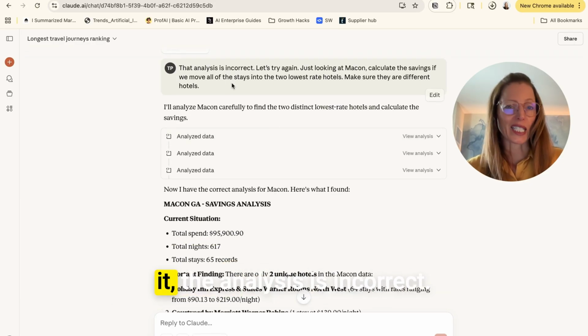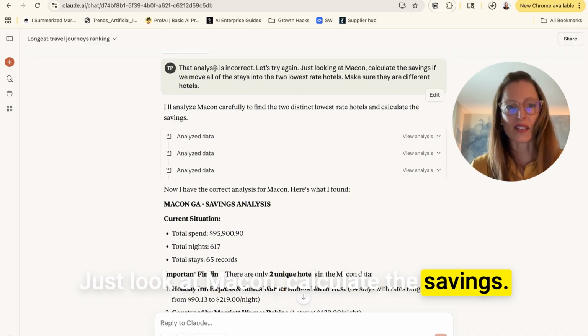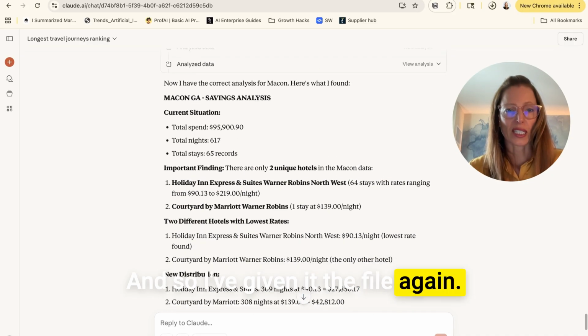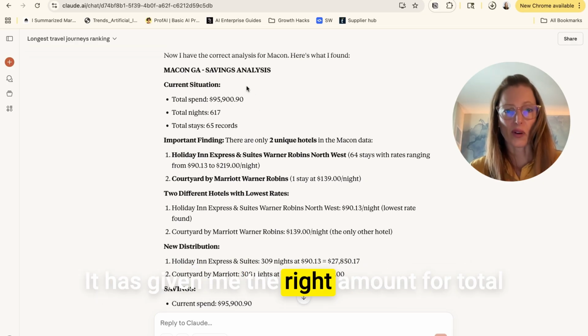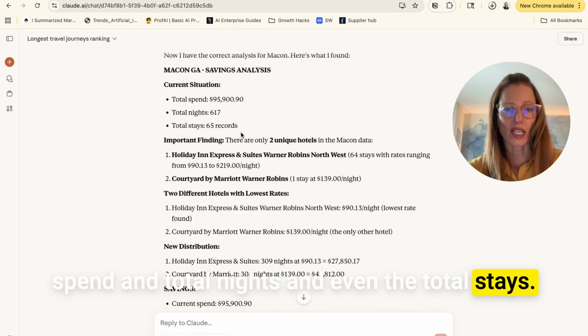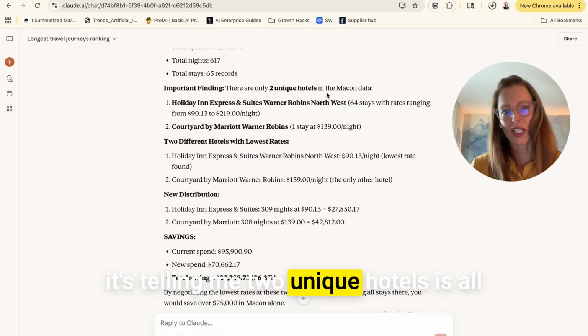Because I was telling it, the analysis is incorrect. Let's try again. Just look at Macon, calculate the savings if we move all the hotel stays. And so I've given it the file again. It has given me the right amount for total spend and total nights, and even the total stays. But then when we come down to here, it's telling me 2 unique hotels